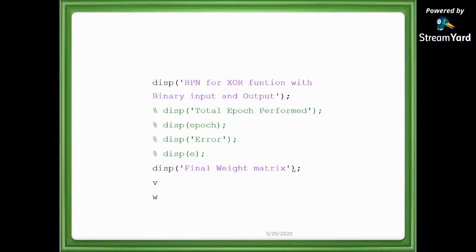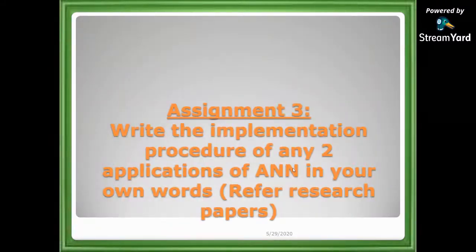Once you have V and W, again go to the same conventional program, fix V, fix W, calculate the net value and the output value of your hidden layer, then calculate the net value and output value of your output layer, and that will be your final output. If you have 4 output neurons, check which one gives you the maximum. For BPN, it is maximum. For SOM, it is minimum. So that's all for me to say.